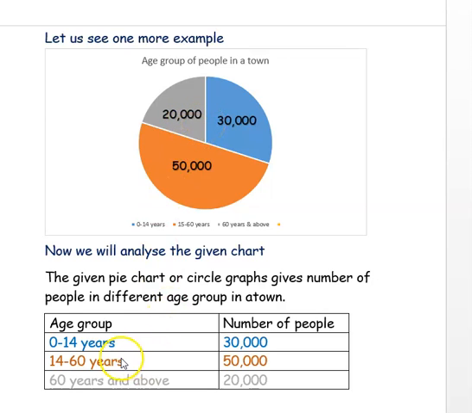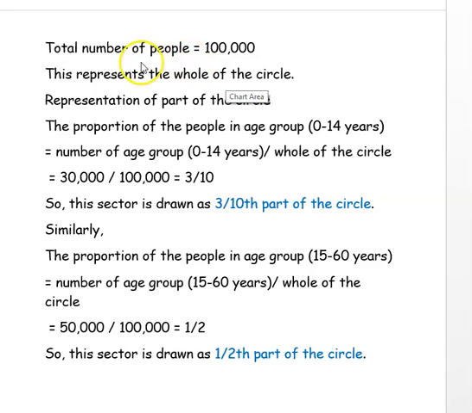So this is all the information we are taking from the circle graph or pie chart, and we have drawn the table to show what we have understood from the pie chart. Here it's represented in different colors. Blue color represents 0 to 14 years. It is for 30,000 people. Then orange color is for 15 to 60 years. That's 50,000 people. And this gray color represents the age group of 60 years and above, so 20,000 people are living in that age group. If you add all these, the total number of people living will be 100,000,